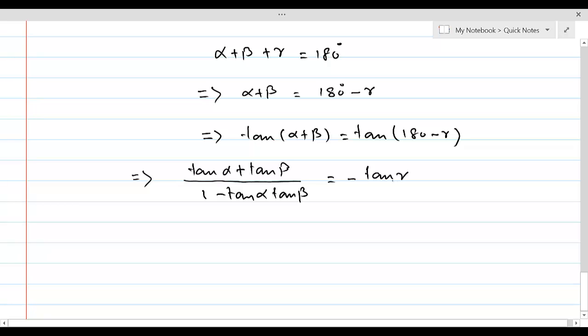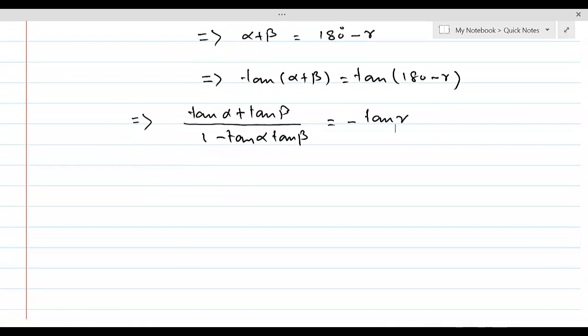Negative because in second quadrant the value of tan is negative, and because it's 180, the tan stays tan, it doesn't change its ratio. We have explained that in the previous lessons,